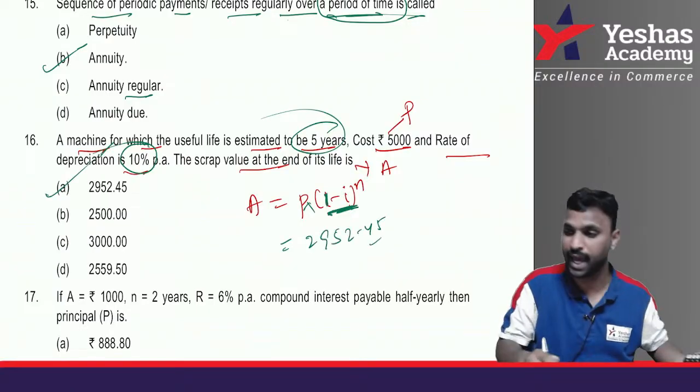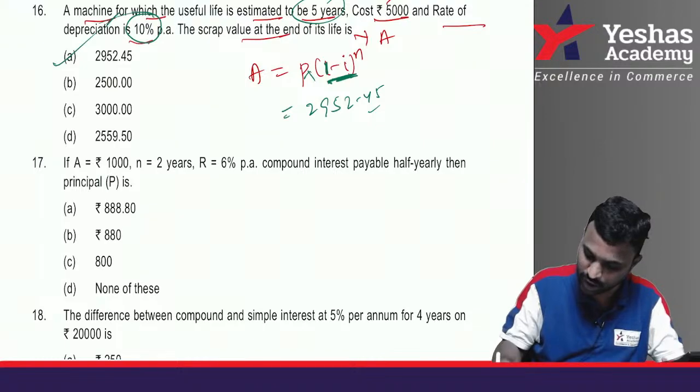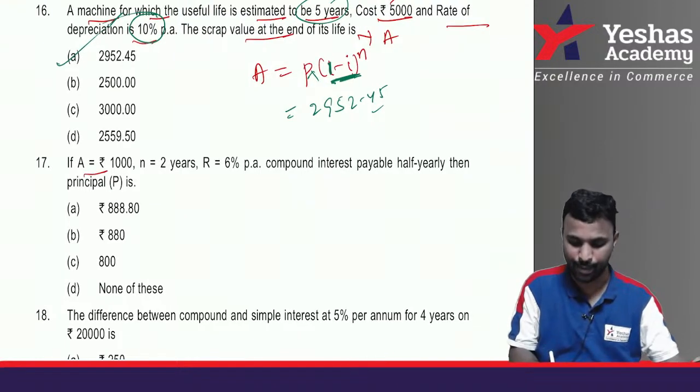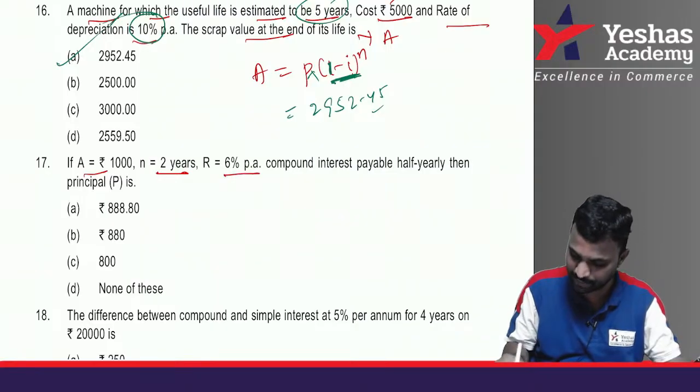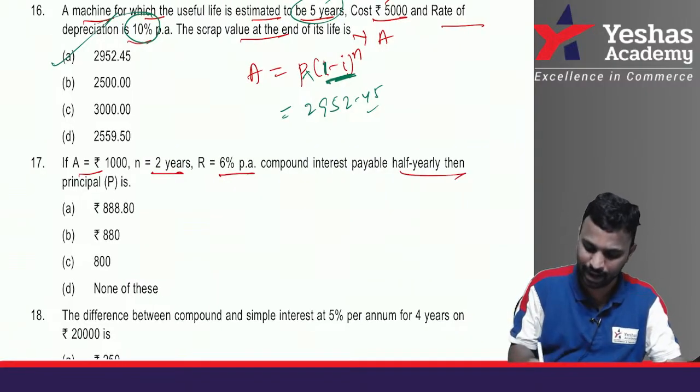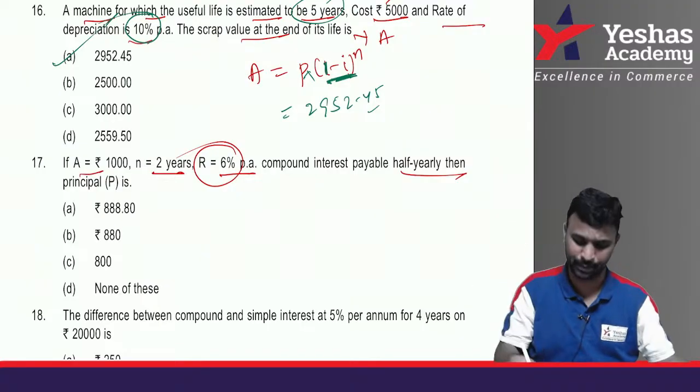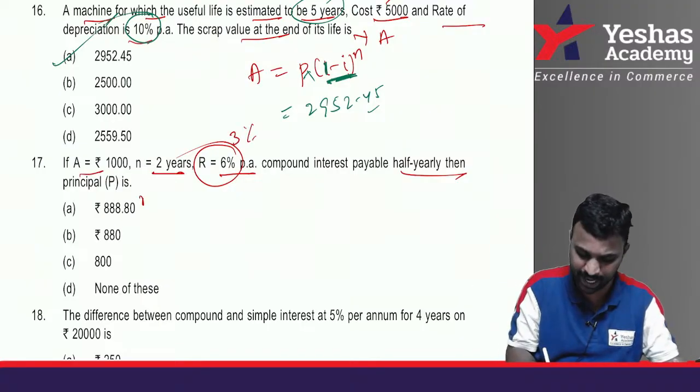2952.45. Option A is the right answer. Moving on to the next question, question number 17. Amount is given, number of years is given, and rate of interest is given, and it is half yearly. Guys, half yearly means the rate of interest will not be 6%, rather it is 3%, and n will be,